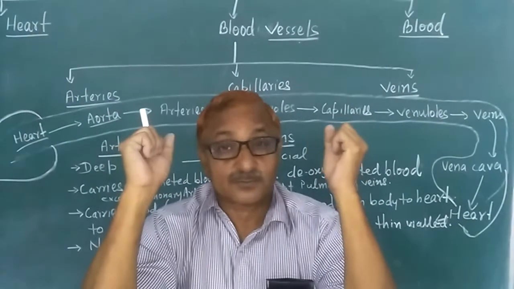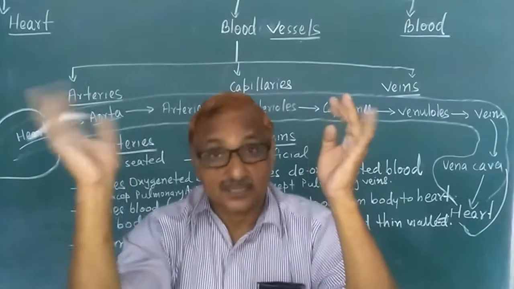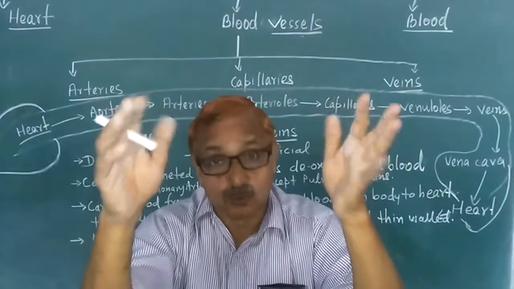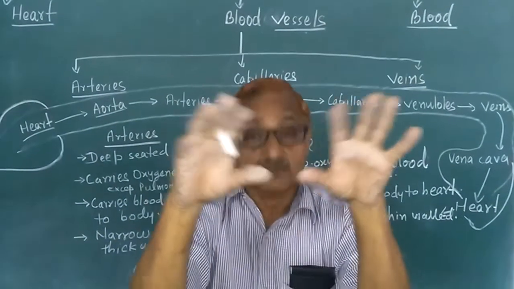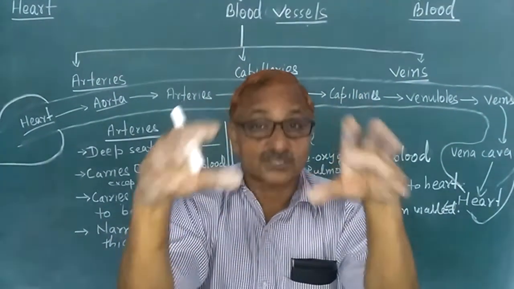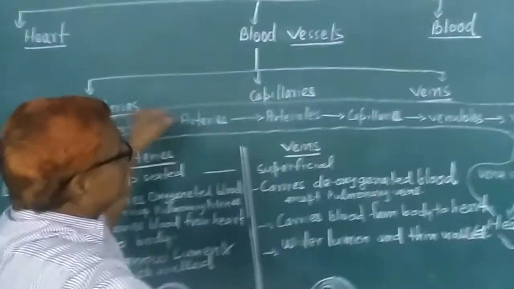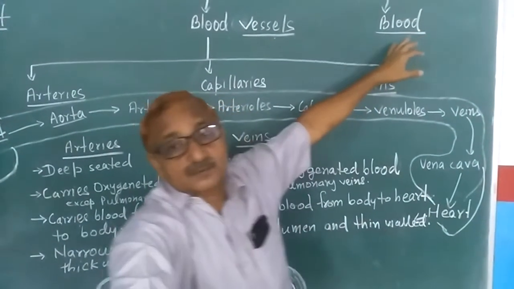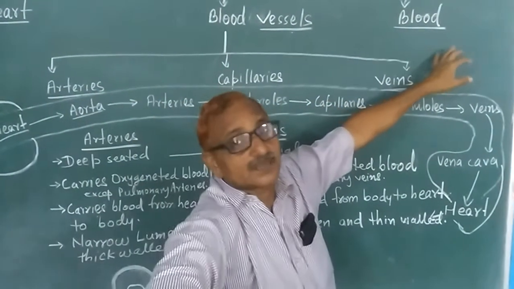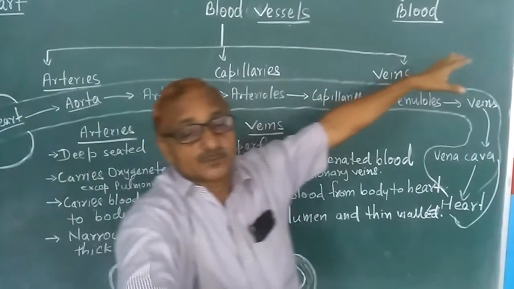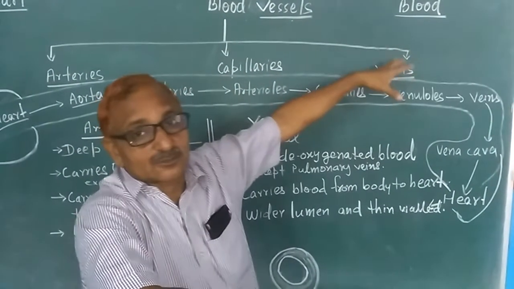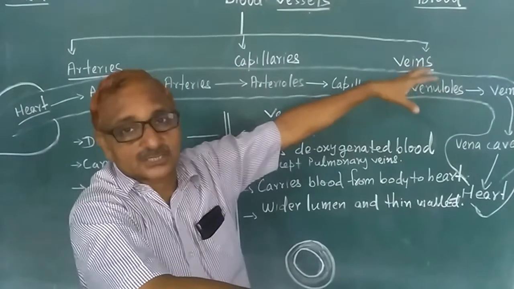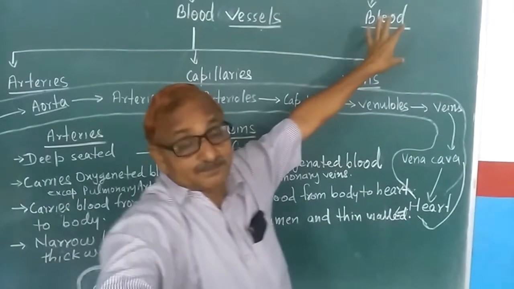We have a closed circulatory system. In an earthworm, you have seen that there is an open circulatory system. In a closed circulatory system, blood circulates in closed blood vessels, which are further made up of arteries, capillaries and veins. And the third is blood itself. Blood is a fluid tissue made up of plasma and formed matter, that is WBC, RBC and platelets, and the plasma contains water and inorganic salts, glucose, hormones, amino acids. You are already familiar with blood.